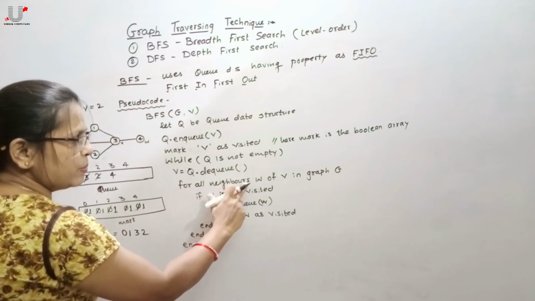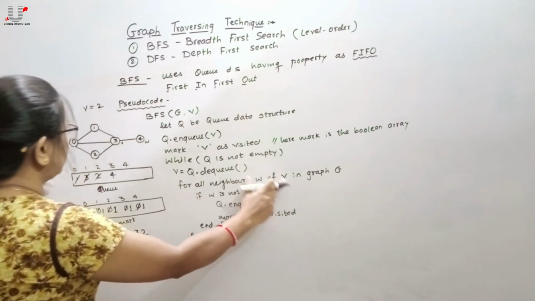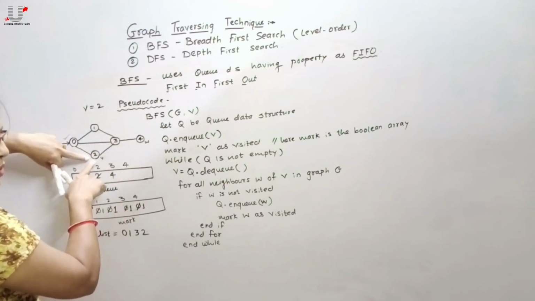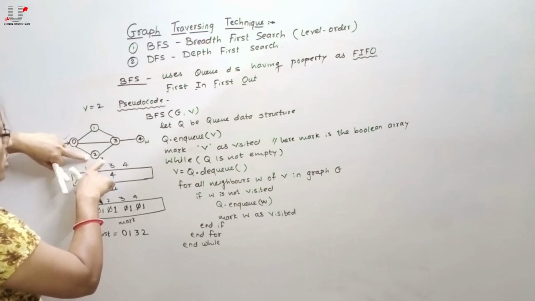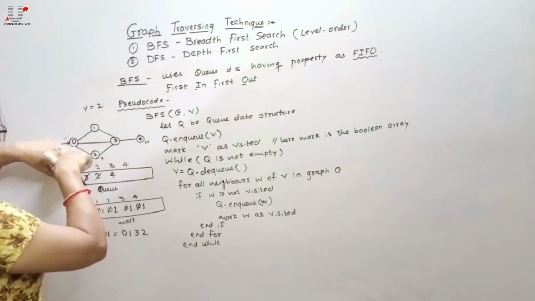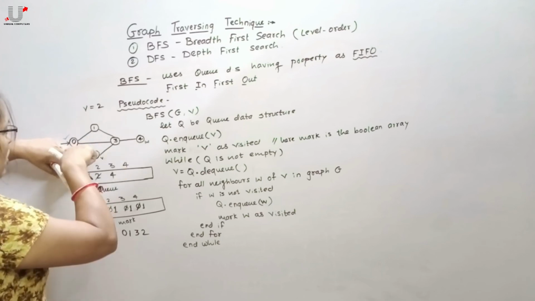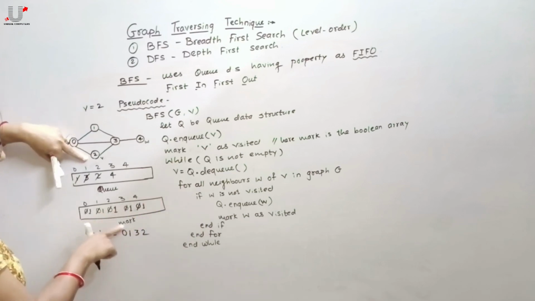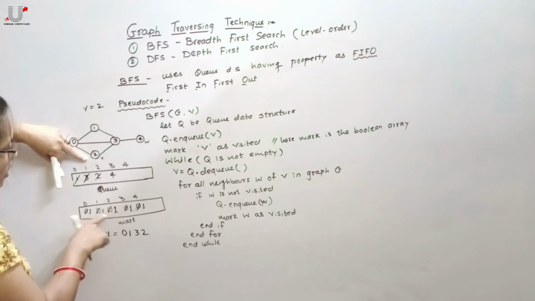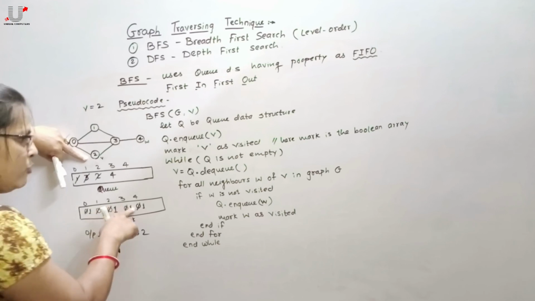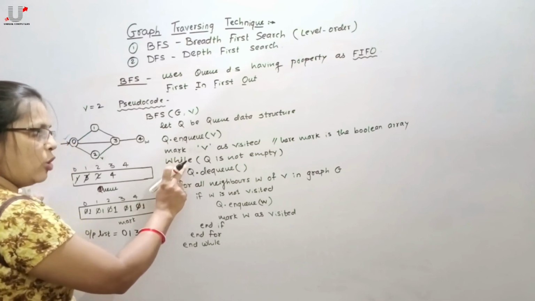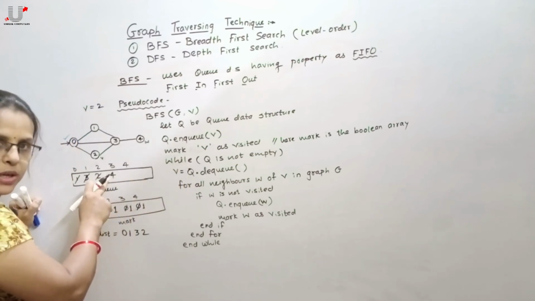Then for all the neighbors of v, so here v is pointing to 2. Then check all the neighbors of this v. The neighbors of v are 0 and 3, but 0 and 3 have already been visited. Check the status in the marked array of 0 and 3. These are the neighbors of this v. They have already been marked as visited, so leave it. And then again check whether the queue is empty or not. Still the queue is not empty,